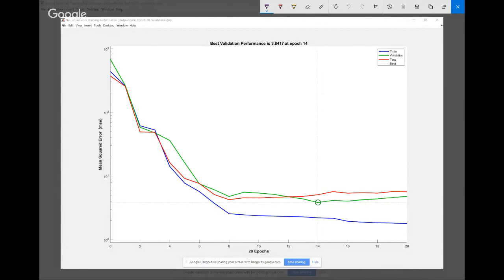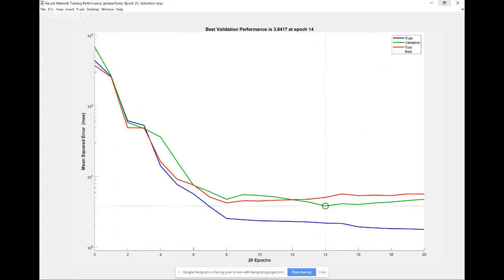So this is the point where best validation performance is obtained. This is a place where you can find out the best validation points for all your 498 samples. So minimizing this window again.